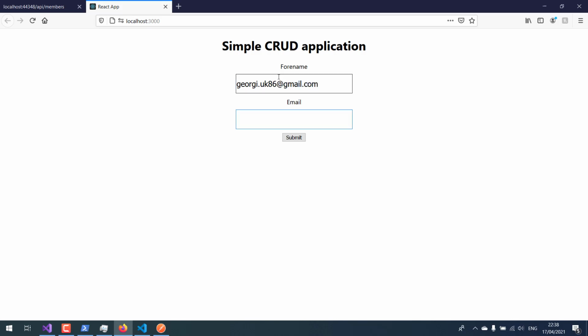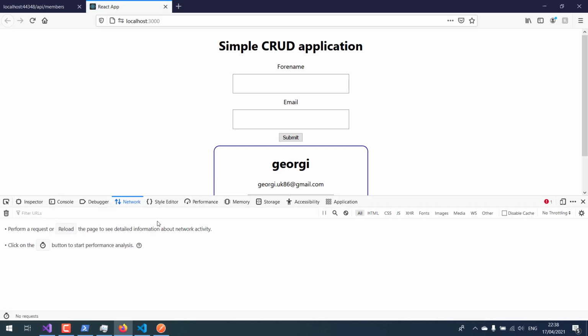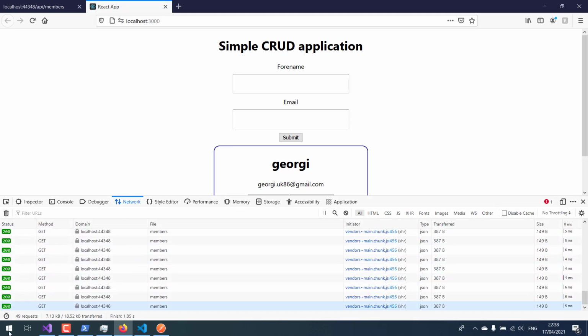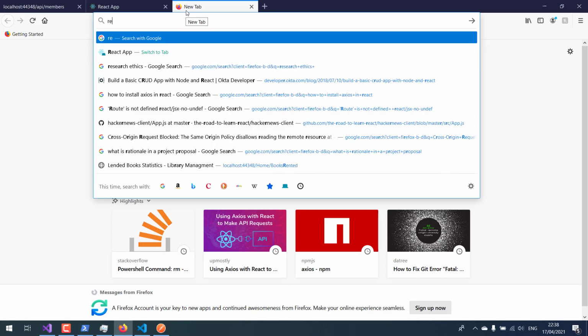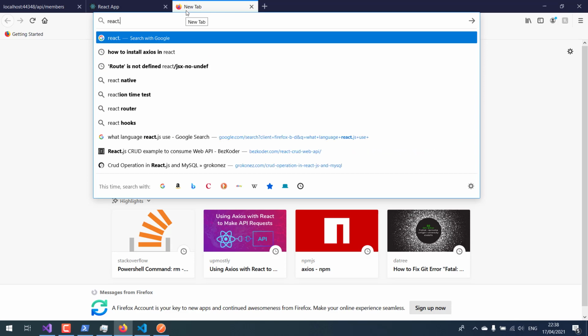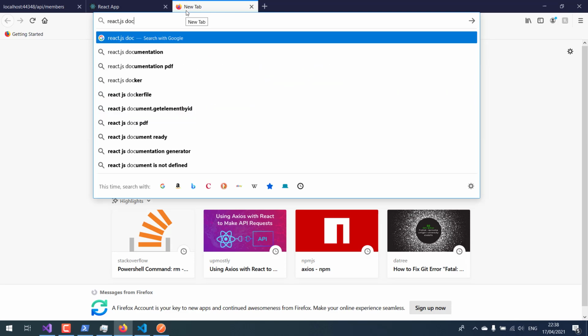Now the last bit, which is very much worrying me, is that I have requests happening all the time. And what I did is I dug deep into the React.js documentation,